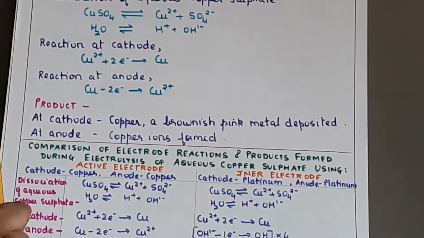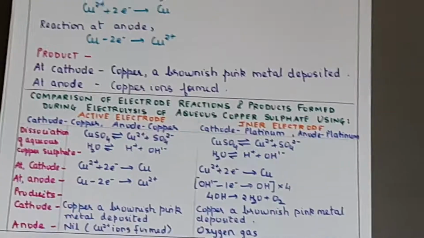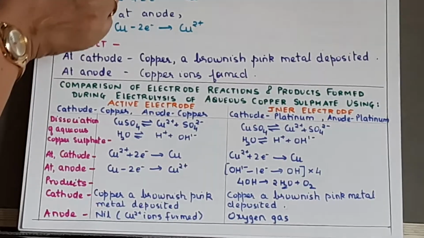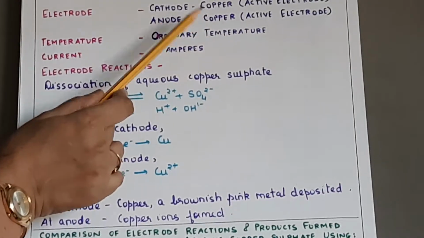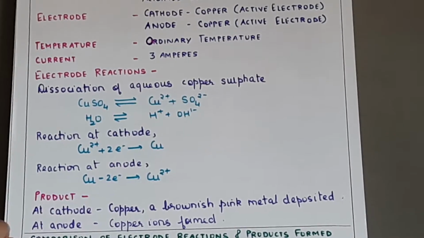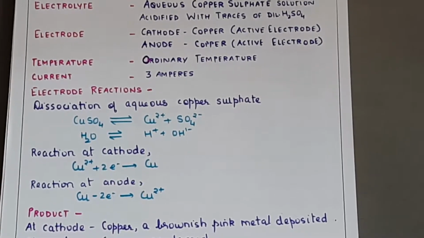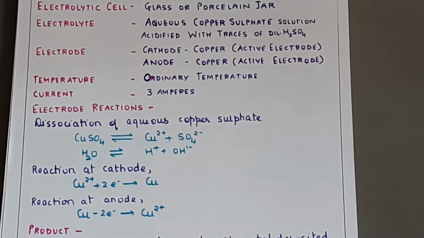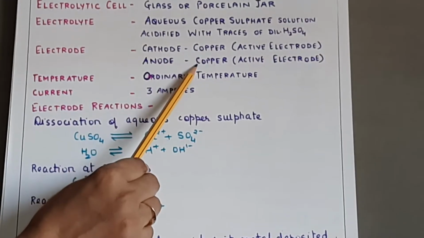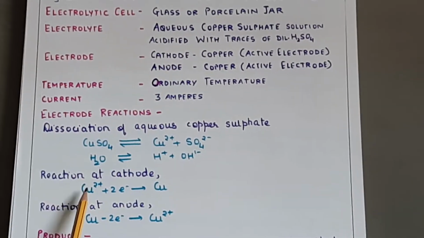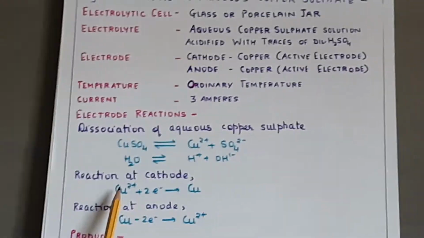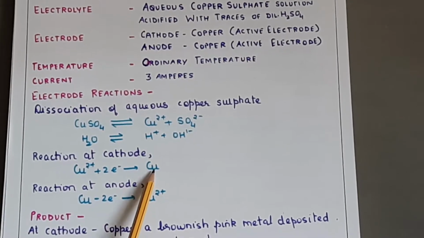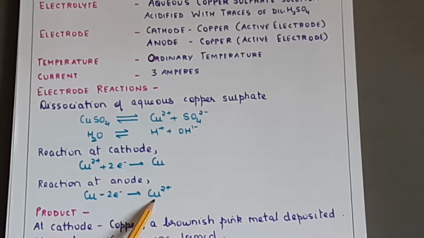Okay, so now just try to understand this. In this particular electrolysis of aqueous copper sulfate, when we are using active electrodes, that is both cathode and anode are copper, yes, that time what is your overall observation, sometimes asked. So what is the color of copper sulfate? Blue. Yes, very good. So because we are using active copper electrodes, you can observe that for every copper ion which is getting discharged as neutral copper atom at the cathode, there is a copper ion which is generated at the anode.